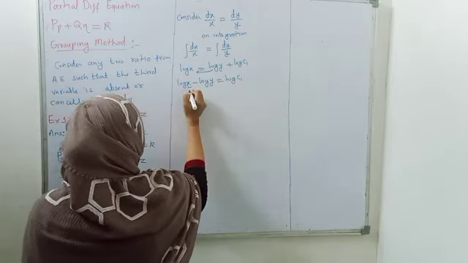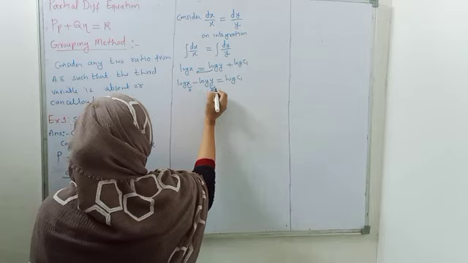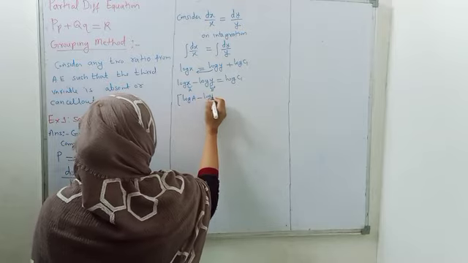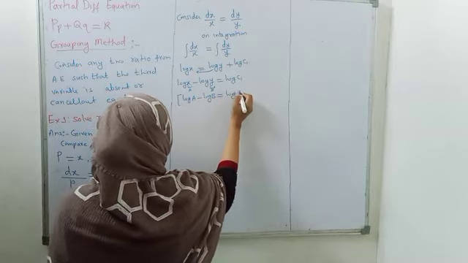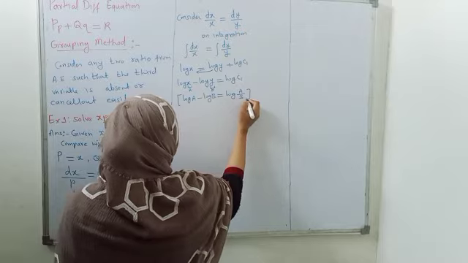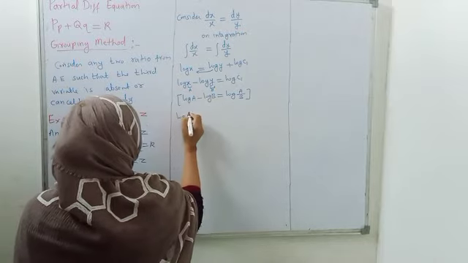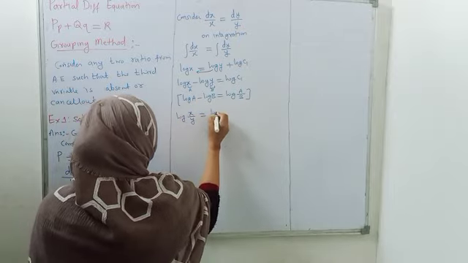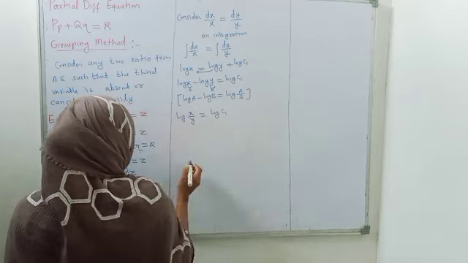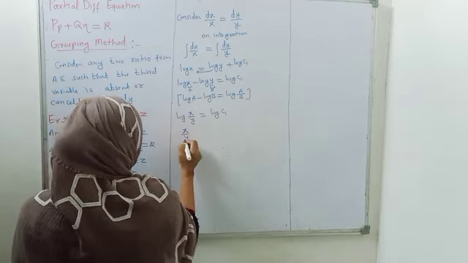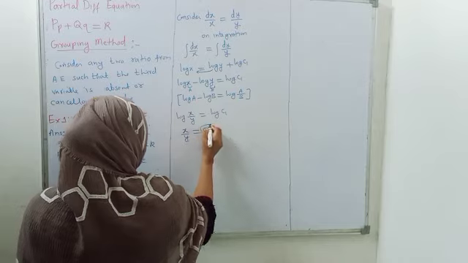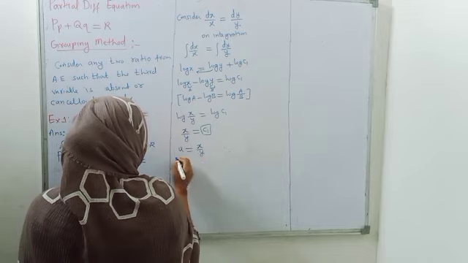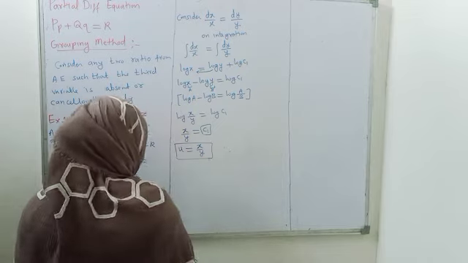Suppose this x is a and this y is b. Using the log principle, log a minus log b is nothing but log of a divided by b. Using the same thing here, according to this rule, we get log of x upon y is equal to log of c1. Now taking the anti-log, we have x upon y is equal to c1. So c1 we just denote by u, getting u is equal to x upon y. So this is the first solution.